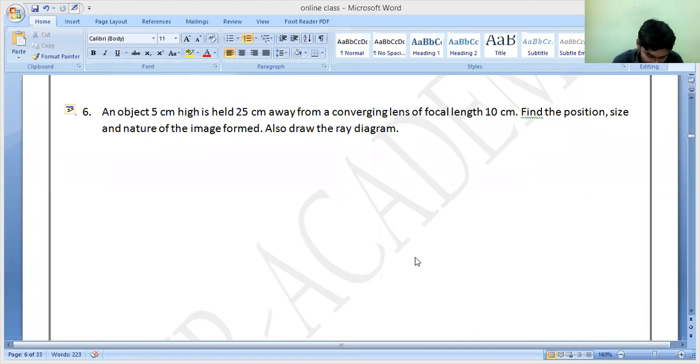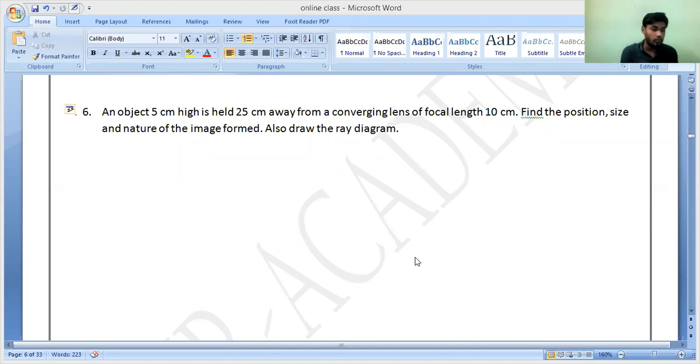What is the case? Sir, the position of the object is beyond 2F. Object distance is minus 25, focal length is 10 centimeter. They are asking to also draw the ray diagram. So understand which case will come, what the sign convention is, everything. Solve fast. Fifth case, sir. Case number 5. Is it accepted, everybody? Real, inverted, diminished image, sir. So it is case number 5.